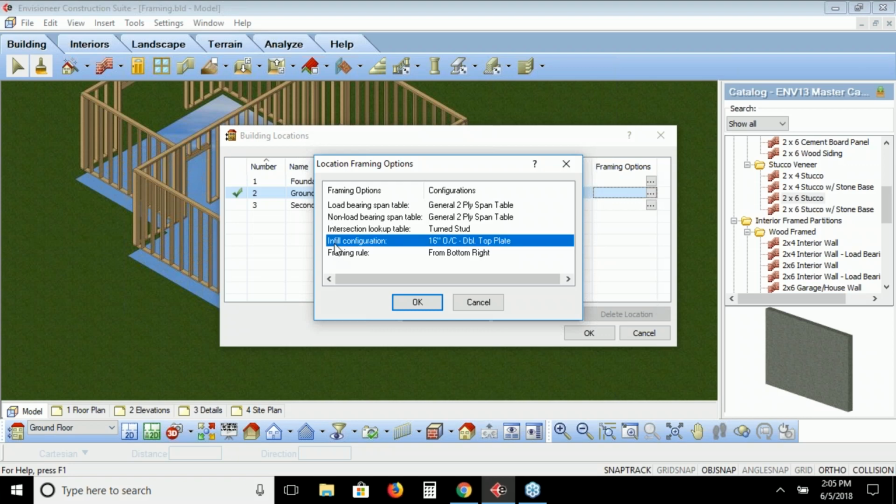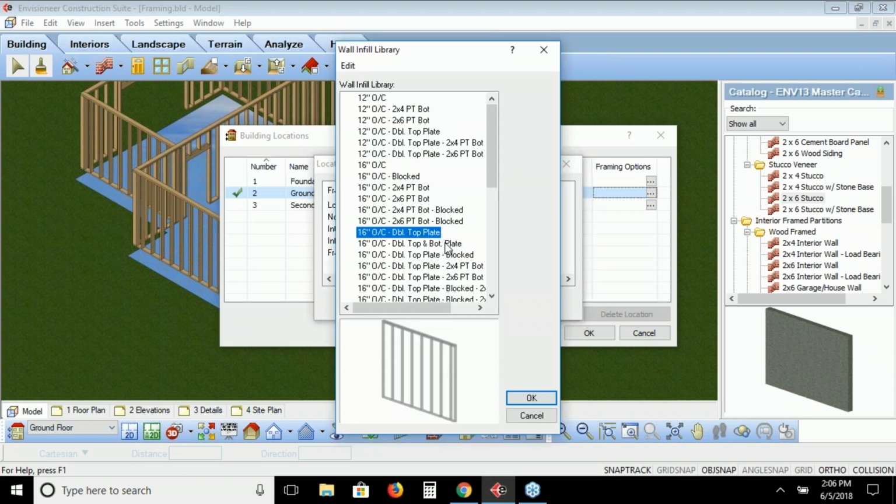The first one I want to look at is the infill configuration. How is it going to infill the wall with those 2x4s or 2x6s? You can see that the infill configuration I have for my ground floor location is 16 inches on center, a double top plate. So it's going to take those studs and distribute them 16 inches on center, put a double top plate above them. If I double click on that option, it'll bring me into a dialog box that allows me to choose